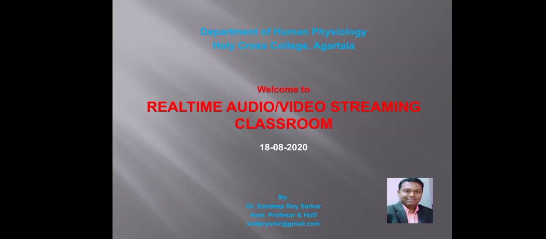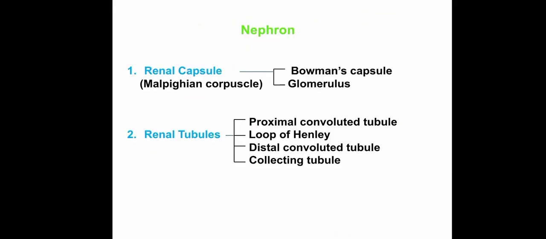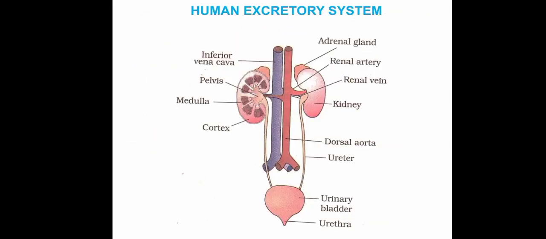So good morning. In today's class, we are going to discuss the functions of the nephron. In the previous class, we have already discussed what the kidney is and what its functions are. Just look at this figure, a recap of previous things. Two kidneys are connected with the blood supply with the help of an artery and a vein. Using that artery, the blood will enter, and using that vein, the blood will go out.